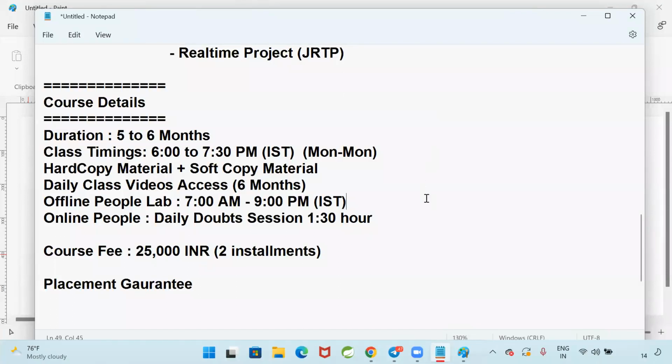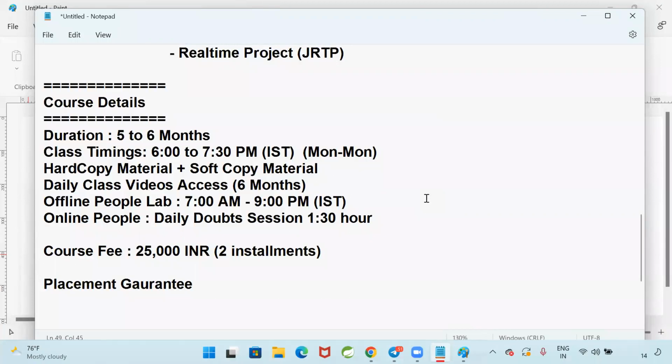Percentage is not a matter to get a job in IT. Your graduation or post-graduation is not a matter to get a job in IT. IT companies will check how much subject knowledge you have, how much strength you have. That's it. How much knowledge you have, how strong you are in programming, in the technology, in problem solving.